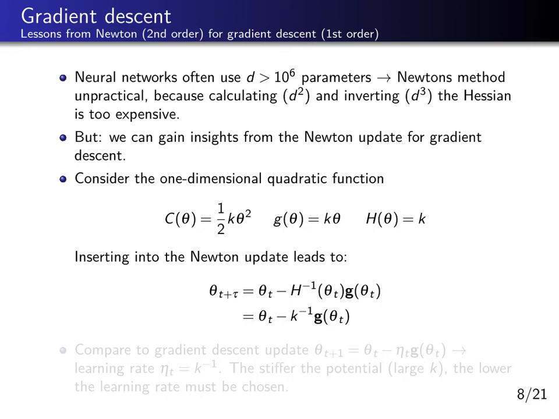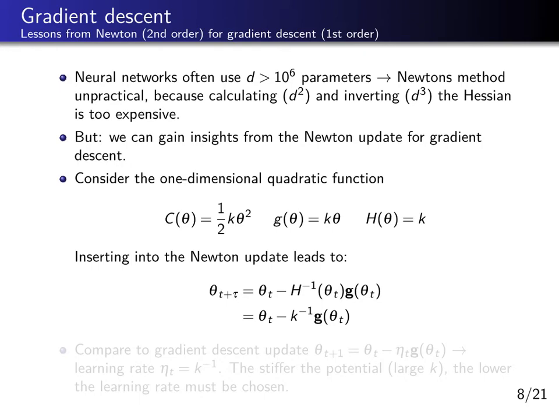So we update the parameters by adding a step of minus k inverse g, and g is again k theta. Of course, because this is just a quadratic function, so it only has second derivatives, Newton's method will immediately find the optimum. So as you see, you immediately go to theta t plus tau equals 0 with this update,